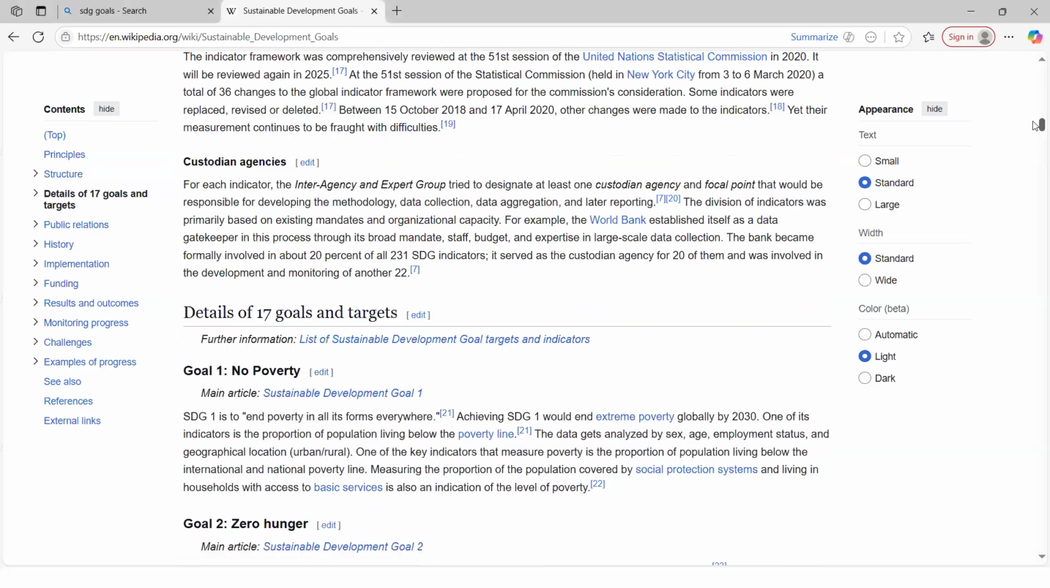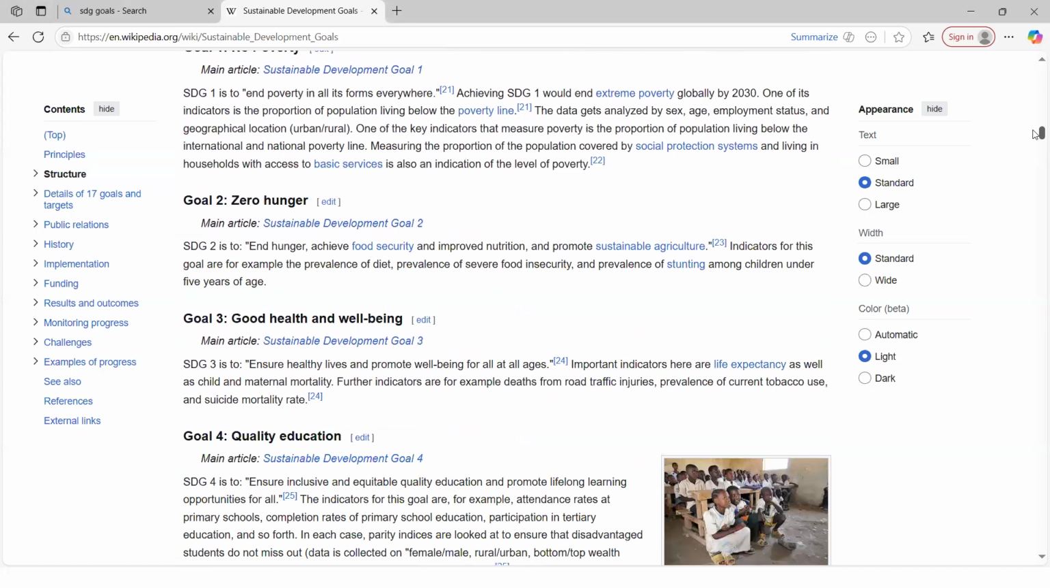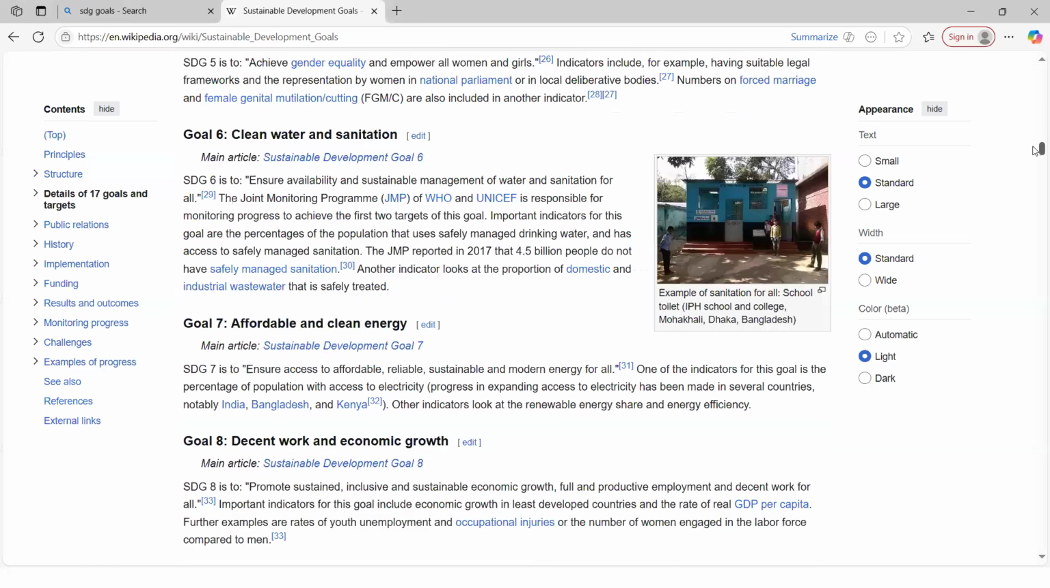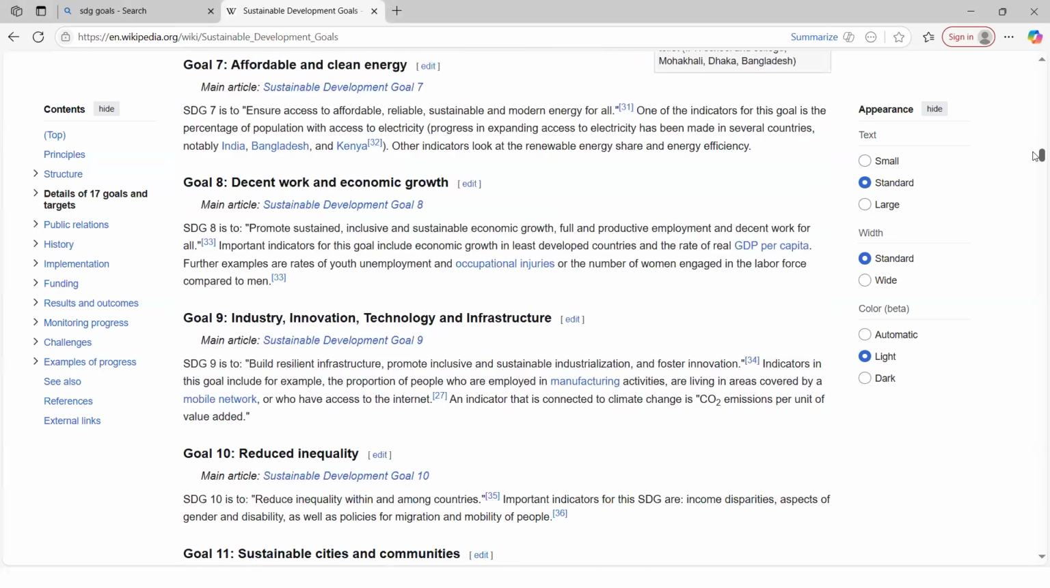I didn't share the screen, I'm sorry. So here I am, and these are the goals. Okay, 17 goals are there. A lot of work has been done in this regard. It's not that you can actually read how the government is trying to work in these directions,